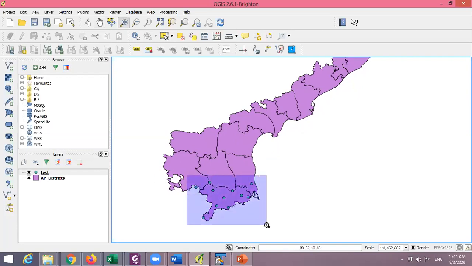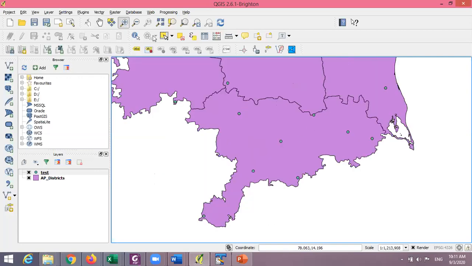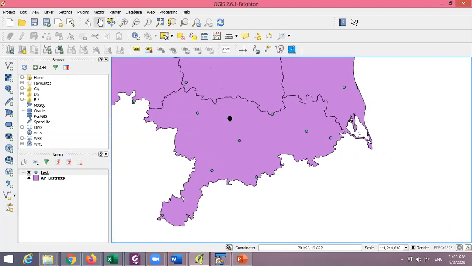Okay, I'm going to zoom into Chittoor district. So you're able to see all these different points located. I just clicked some random points. The objective is to show you how it works. You will have to do this for your own district and for your own data points. These points that I clicked are not real rainfall gauges. This is just something that I created by hand.